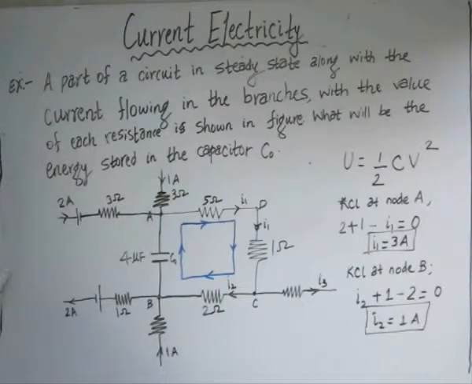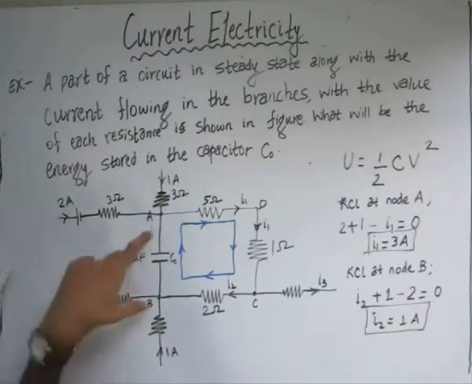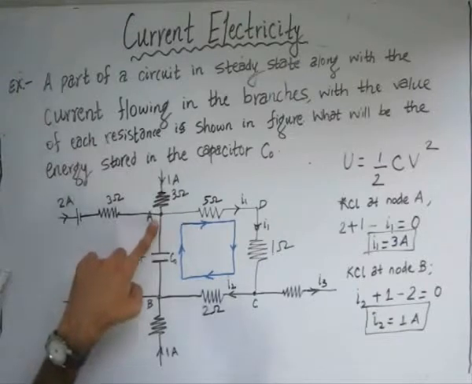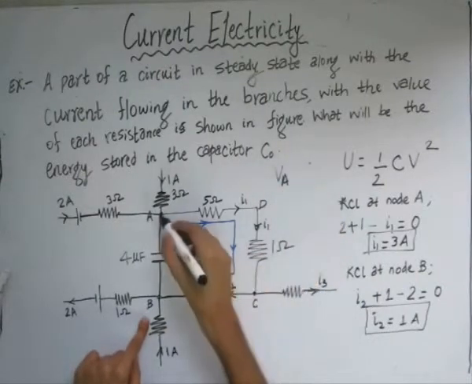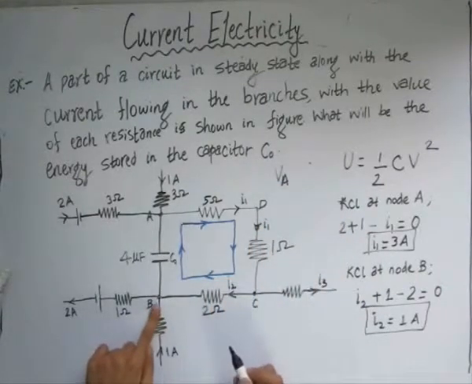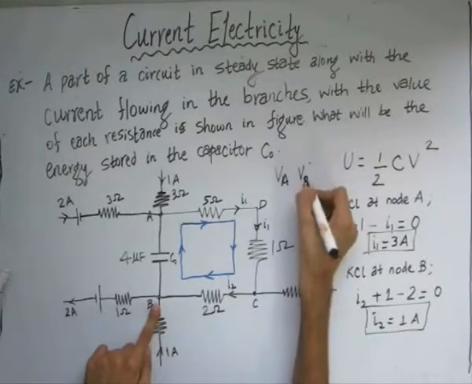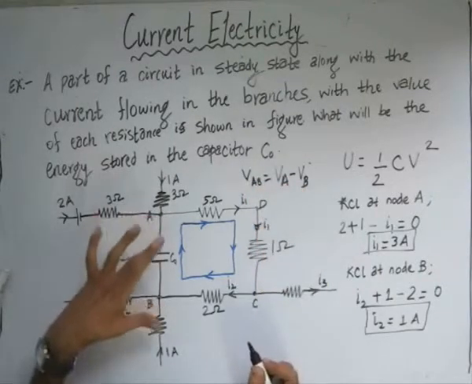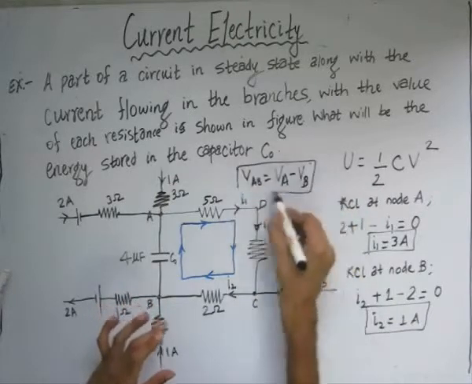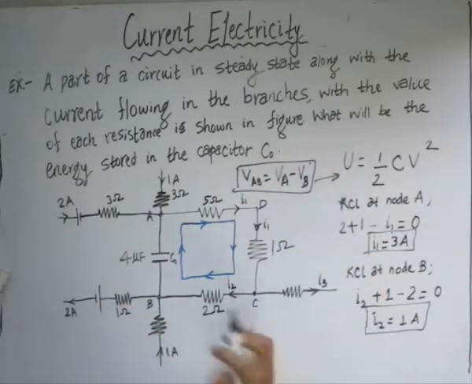Okay. Now in order to find the voltage across the points A and B, we'll be using the other law of Kirchhoff's, that is Kirchhoff's voltage law, and the direction of loop which has been given to us is in clockwise direction. Now again we'll assume that the voltage at the point A is VA. That means at this point we have a potential VA. The potential at point B would be considered as VB. And the difference between these two would give us the value of the potential across the capacitor. So we'll be using this voltage in this expression to determine the energy stored in the capacitor.